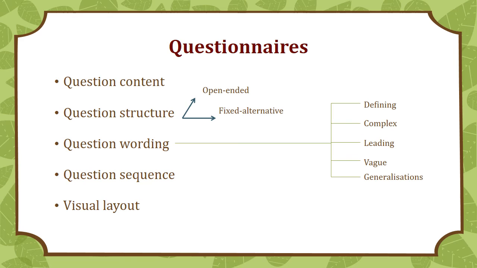And then the question wording, very important. You get different kinds of questions, by defining ideas: complex questions, leading questions, vague questions, and generalizations. So the problem with complex questions is that people sometimes just leave it out because they don't actually know, or it's too hard, or maybe you're using definitions or terms that they're not familiar with. So remember, not everyone is as knowledgeable as you in publishing. Some people don't even know what a trade book is. I kid you not. Some people don't know what nonfiction is.